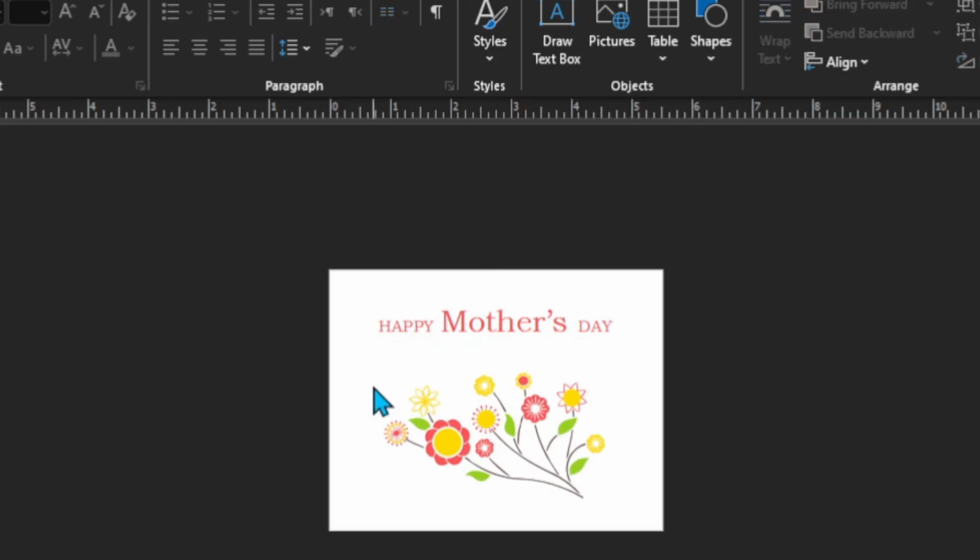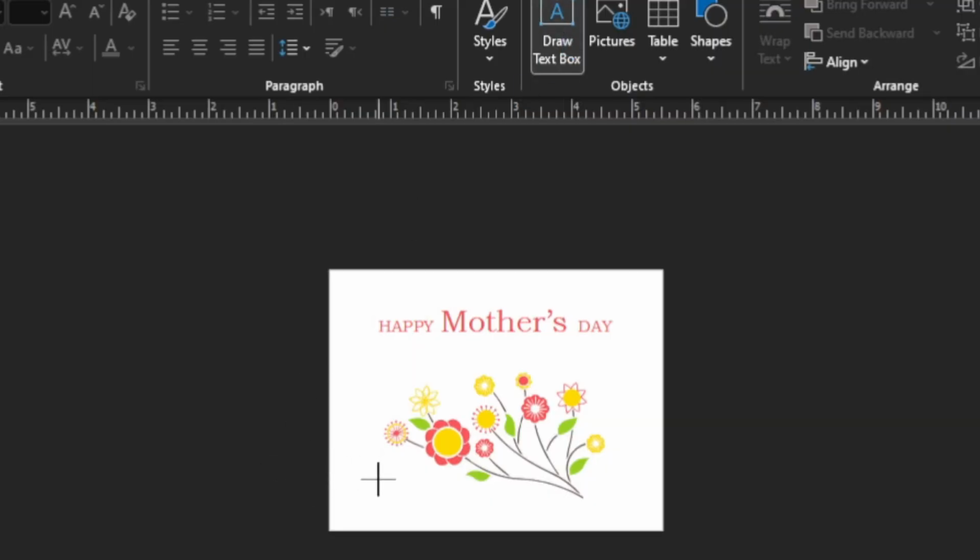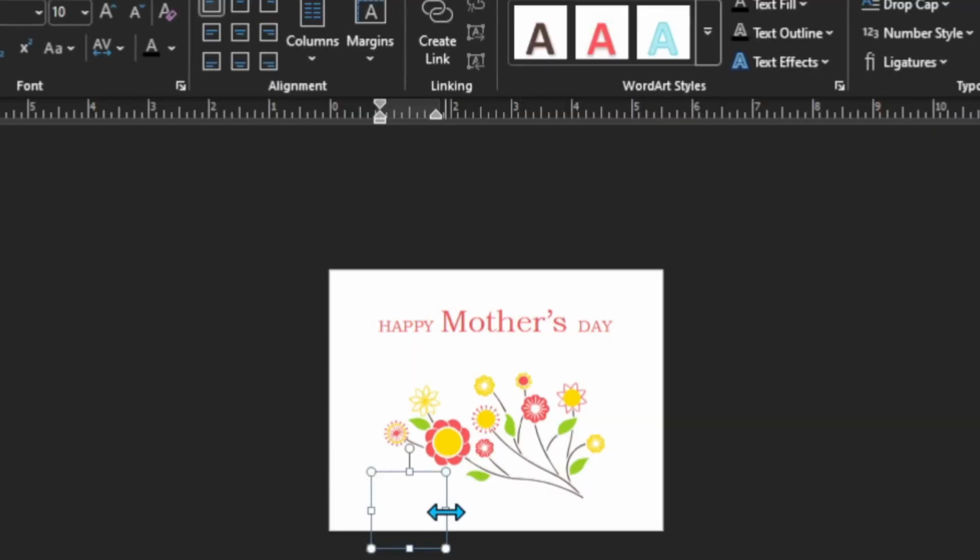And similarly, you can add something else. For example, I click on it, and then I click this over here, and it creates a text box. I increase the size of the text box. In here I write my word,